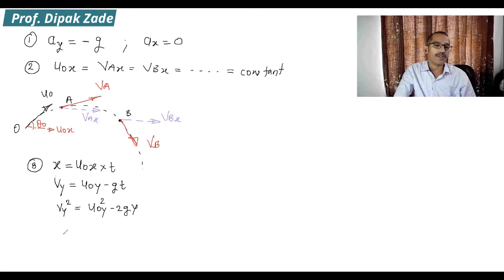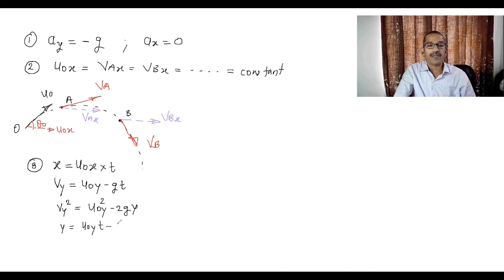This one is one more equation. Third equation, s equal to ut plus half at square. If we apply this equation along y axis, s is replaced by y. ut, u means initial velocity. Here velocity is in vertical direction because you are applying the equation in vertical direction. Therefore y equal to u0y t minus half gt square, because a is replaced by minus g. Therefore instead of plus half at square, we will write here minus half gt square.